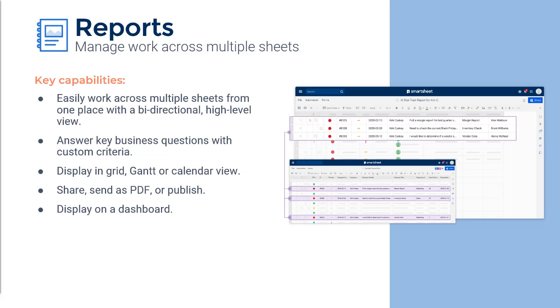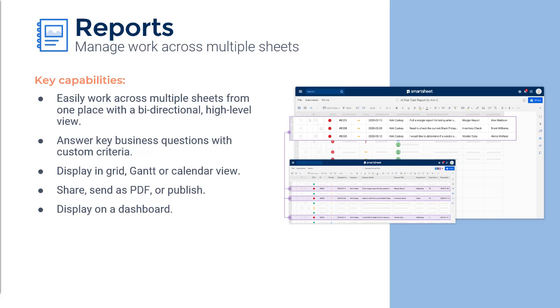And the third building block you want to be really familiar with are reports. Reports are kind of like a high-level filter that allow you to easily manage work across multiple sheets. Now, of course, you can build a report that looks at a single sheet, but where it becomes really powerful is when you have multiple sheets that you're working with and you either want to answer a key business question. Maybe I want to know what are all the at-risk items across my 5 projects that I'm running,